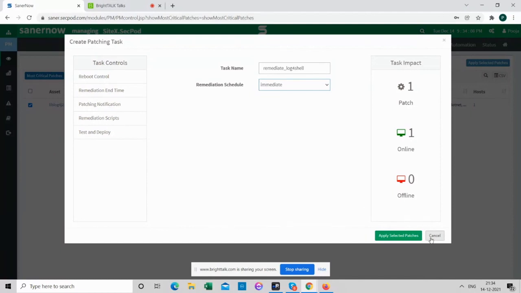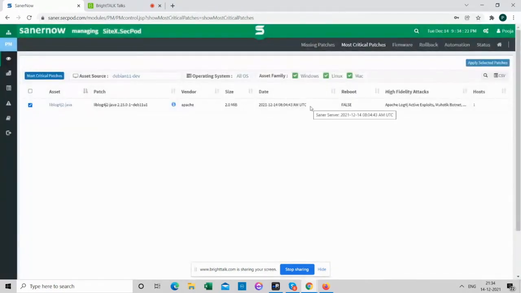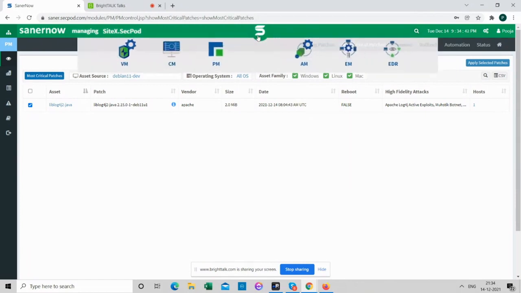But what about cases where there is no binary available and the vulnerability exists? And since it is such a critical issue, we do not want to wait for the patch to be released. We want to take action. So there are workarounds which Apache has released, and we have created our scripts internally to handle this vulnerability, to ensure that the class is not loaded, so that it cannot be exploited, and there is no lookup activity happening. That script is already available in our blog, and we can deploy it using Now.